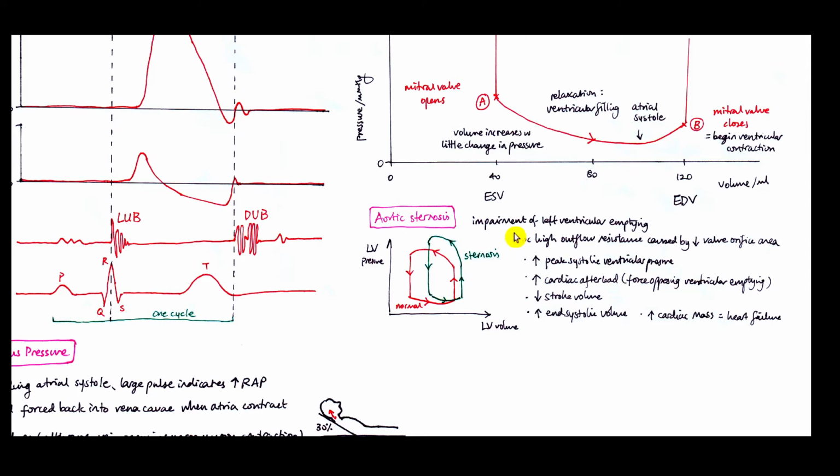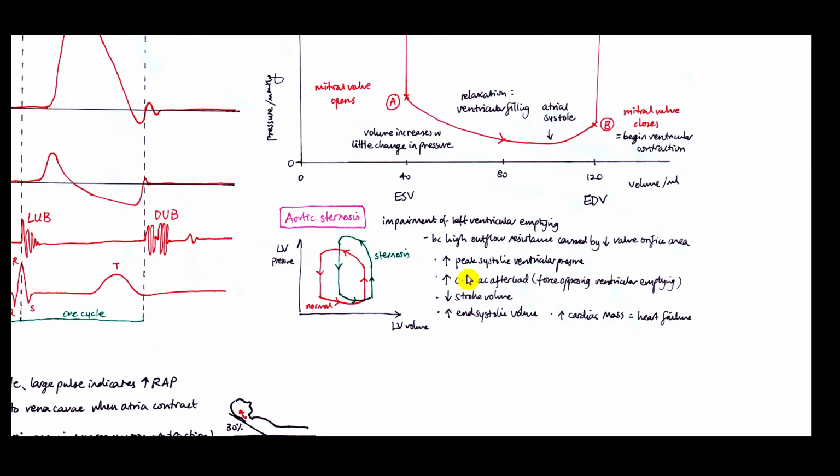Now, this is a disease condition where you have impairment of the left ventricular emptying, because there's high outflow resistance caused by decreased valve orifice area. This means that you have increased peak systolic ventricular pressure and increased cardiac afterload. So this means the force opposing the ventricular emptying, and you have decreased stroke volume as well. Stroke volume is the difference between end diastolic and end systolic volume, and you have increased end systolic volume